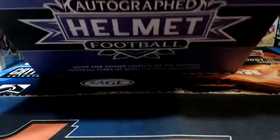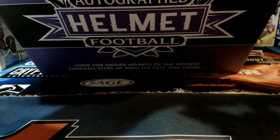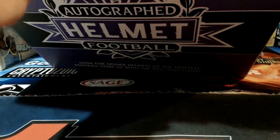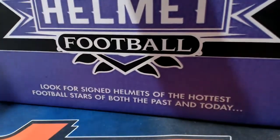AJ Hype, we're doing the full-size helmets right now. Then the jerseys come after that, and the mini helmets come after that. I don't know which of the helmets you were inquiring about, the full-size or the mini, but anyway. Stang Lover. Oh, Stang Lover's here. Hi, Stang. You had the Colts tonight, so you got the